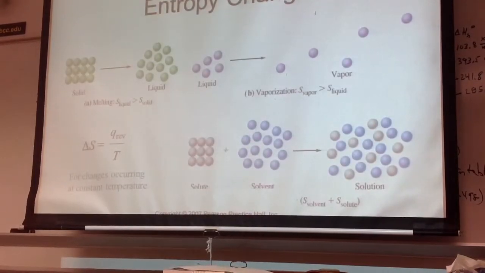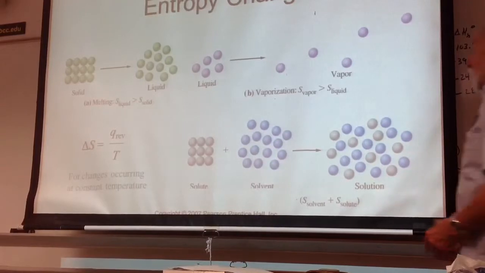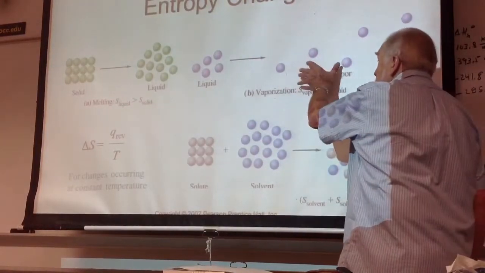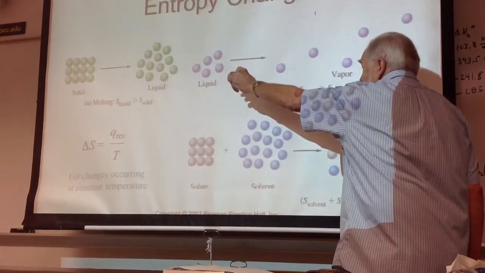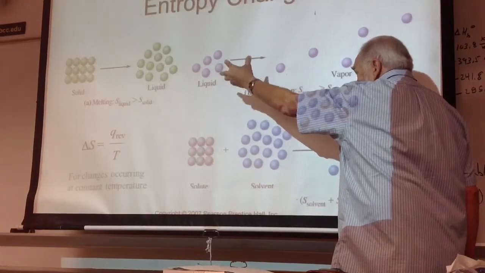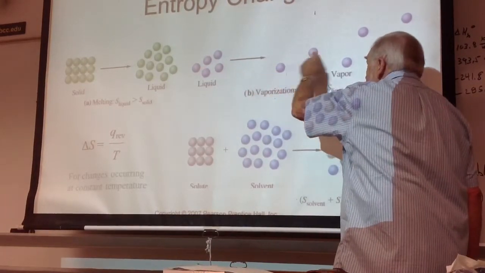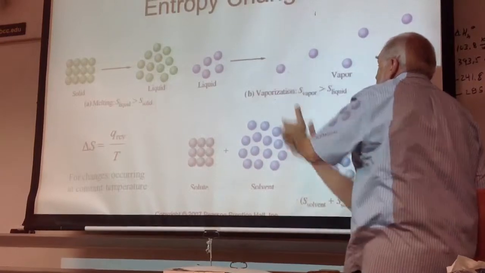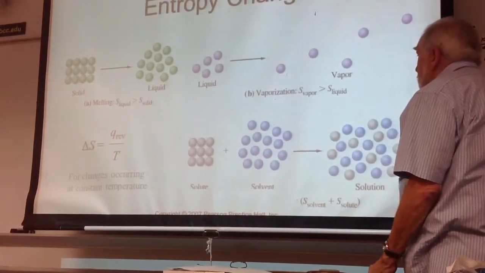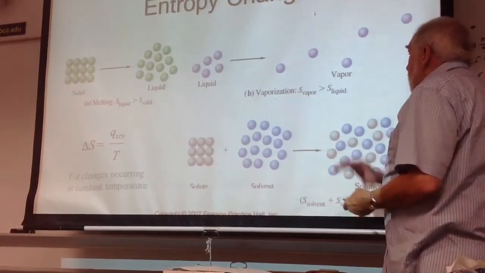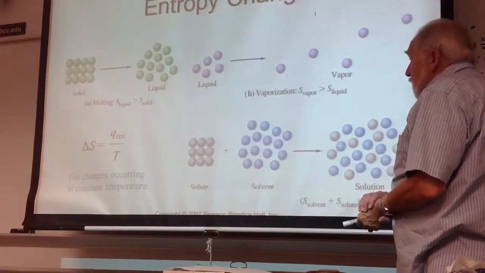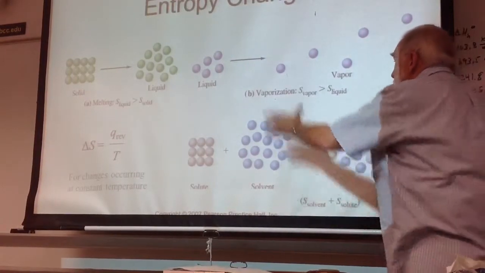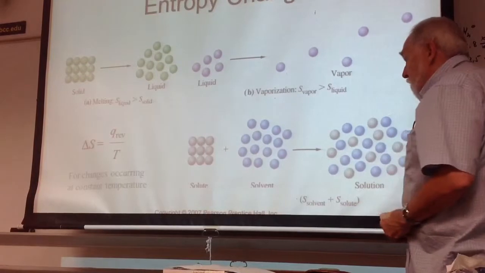Backwards. So basically, the next change, if we go from liquid to gas, and here the molecules are fairly close together, they're randomly moving around pretty rapidly, but when they move into the gas phase, they're far apart, they have a much larger volume to occupy, so the entropy of the gas phase is much higher than the entropy of the liquid. In other words, you have a large entropy change from going from here to here.